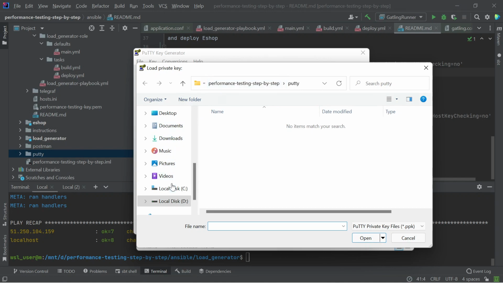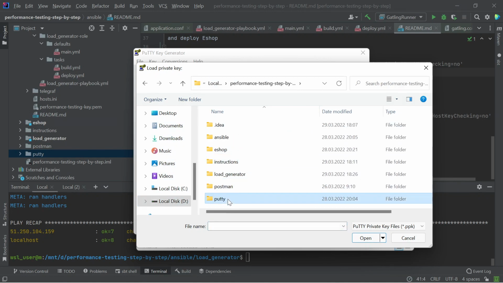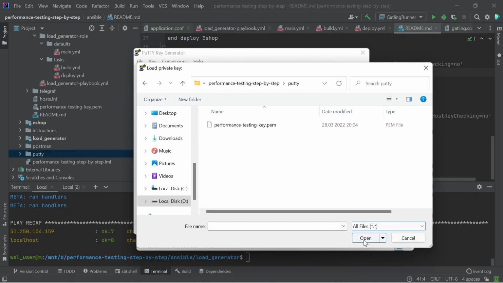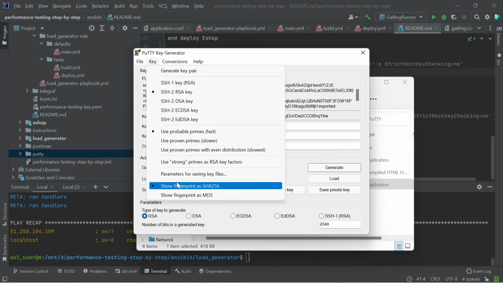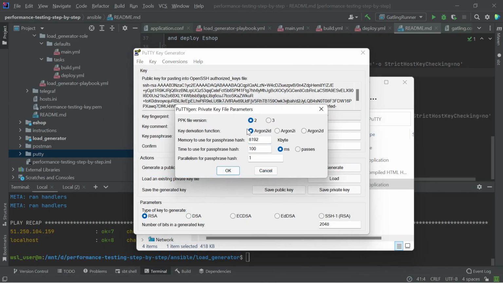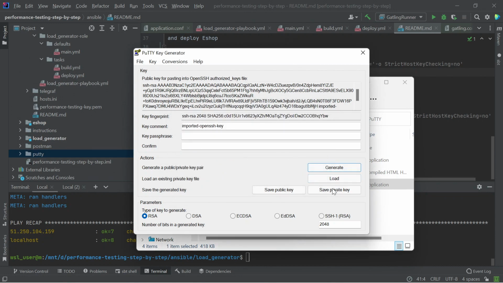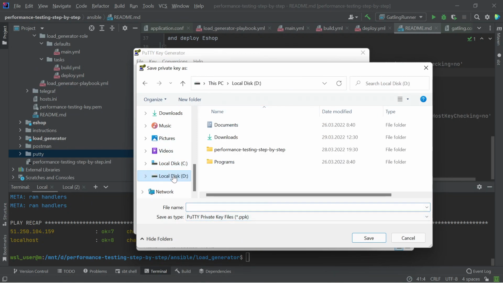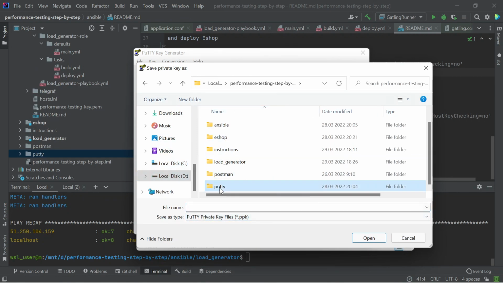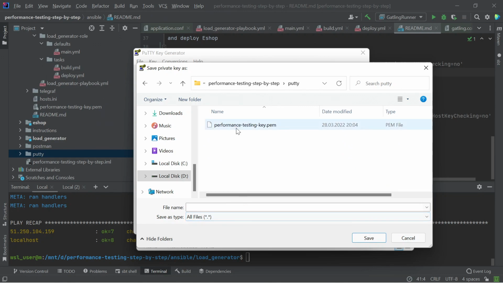Then select the private key and convert it with a new parameter. Save it with the ppk extension.